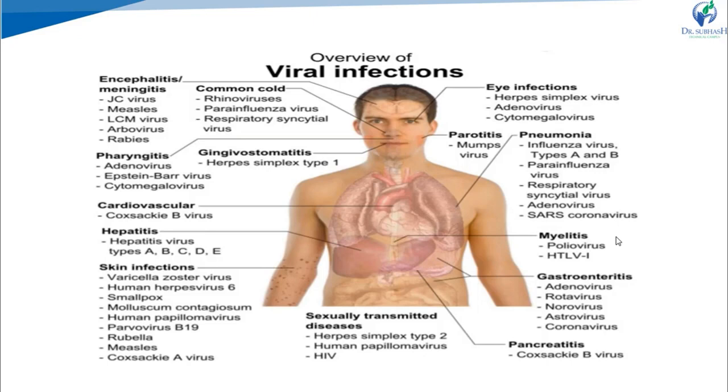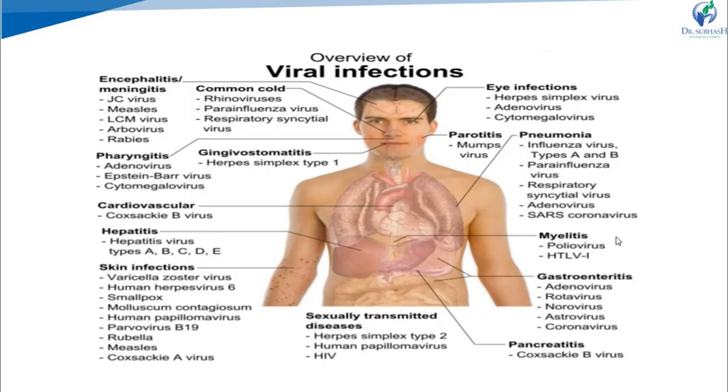Now there are different viral infections or viral diseases, right, that are caused by infection of viruses. For example, first is encephalitis or meningitis. It is an infection of the meninges or brain layer, and that is caused by the JC virus, that is John Cunningham virus. This virus is named after the scientist who discovered it, John Cunningham. Then infection of meninges is also caused by measles,